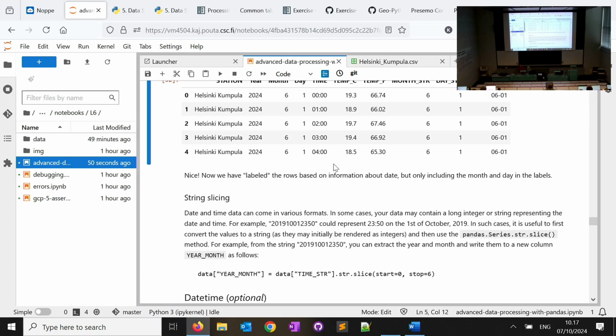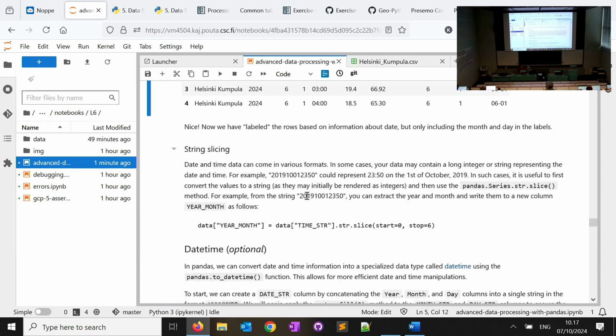But of course, what we do depends on our data. So the data we have gotten from FMI is in this structure. Previously in this course we have had data sets, and you will have it in your exercise, something similar to this. So the data is coming in this format. So it's just a long integer with year, month, day, and hour. So you might get your data set from some source, and in that source, the date might be recorded like that. In FMI, it was just separate columns, very neatly separated everything. So depending on what you have in your data, you might use a different approach.